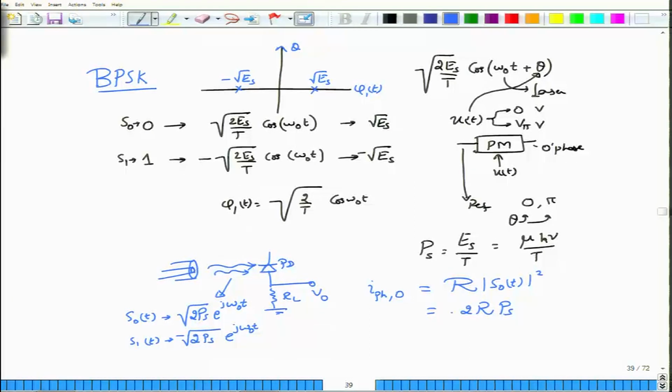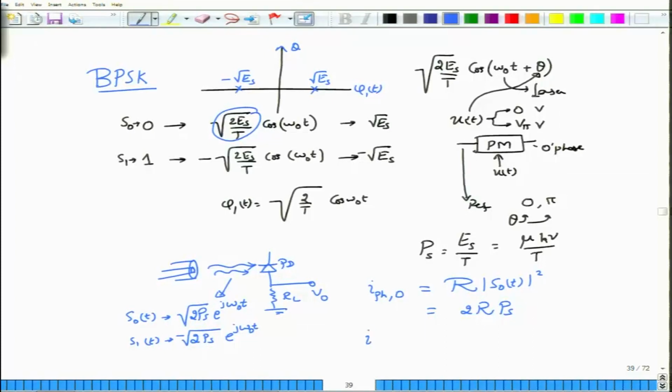Okay, the factor of 2 is not very important, you can just ignore that one. I just did not want to change the equations here, and therefore I have included it here. But normally what we do is, when you have a cosine omega 0 t, there will also be a half associated with that when you express this in terms of e power j omega 0 t. Therefore, this should have been written as square root of PS by 2. But our goal is not to really look at these multiplicative constants. They are just going to change the photocurrent levels here and there in terms of our mathematical model. But the basic idea here is that when you transmit S0 of t, then you would have received a power which is proportional to PS.